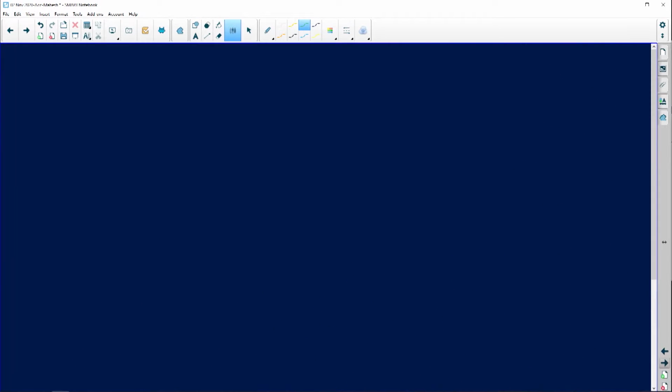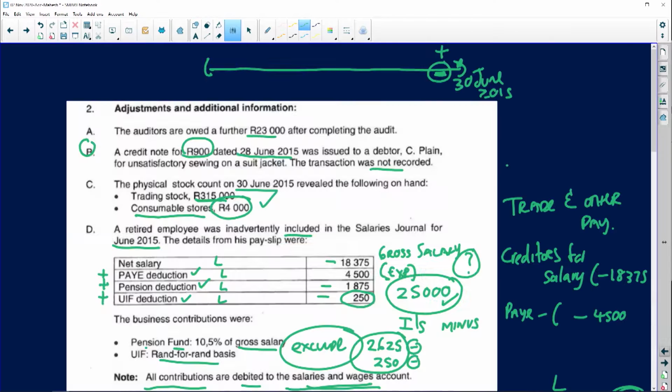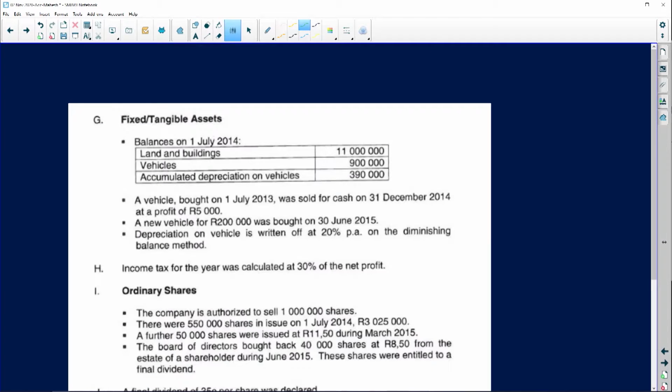Which adjustment was it? Adjustment F. Let's now move on to the next adjustment. I'm just going to quickly go back. Okay, so adjustment G, guys, I don't know whether we're going to be able to finish this adjustment. I'm going to try because it's quite a complicated adjustment. We needed to calculate the cost price, accumulated depreciation. Let's see how time goes. We probably won't get to the asset disposal ledger account, which I actually wanted to do with you guys, but let's maybe focus on the calculation for depreciation. We've got just under 6 minutes left, so that should be enough time for us to tackle the depreciation